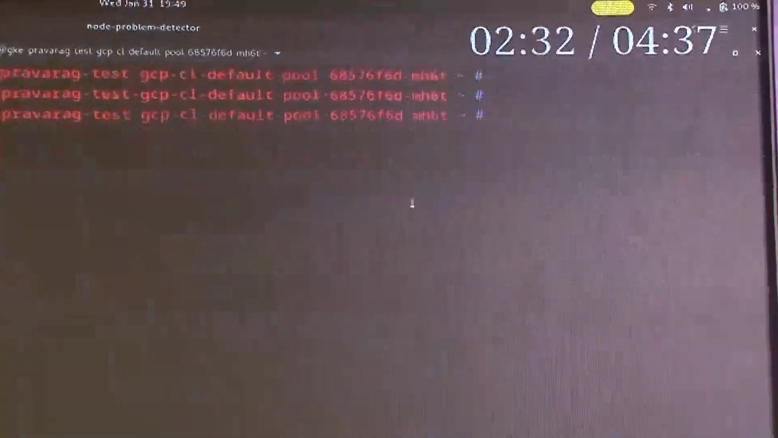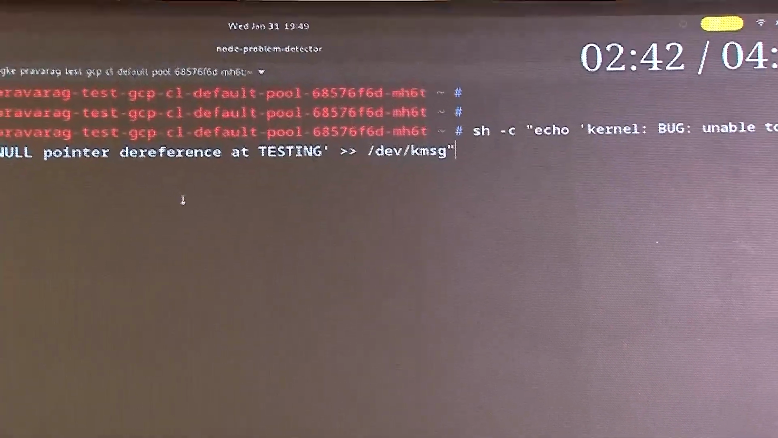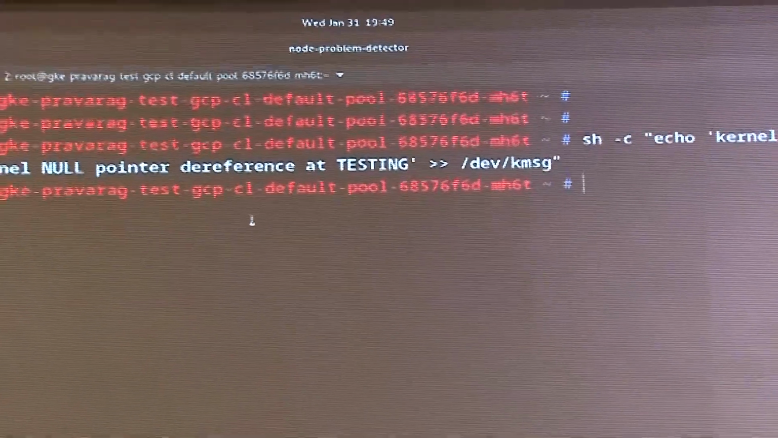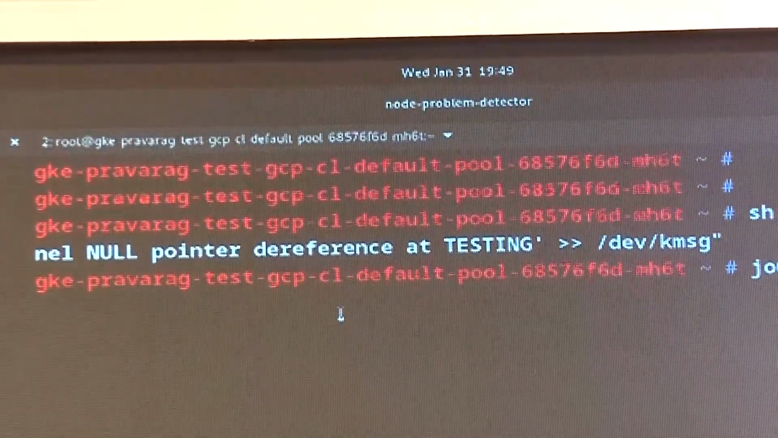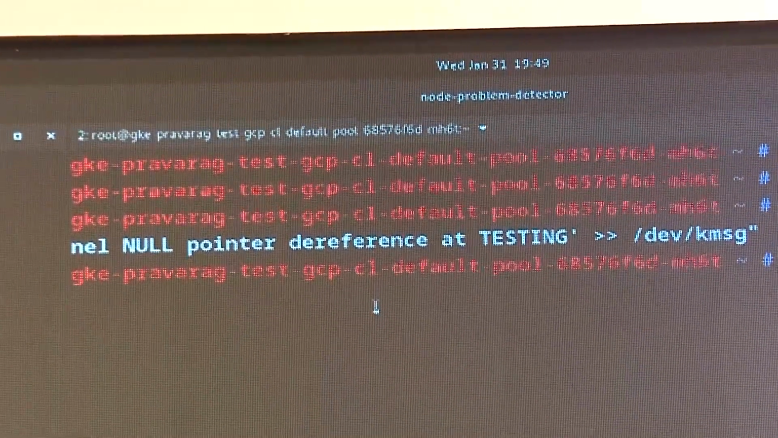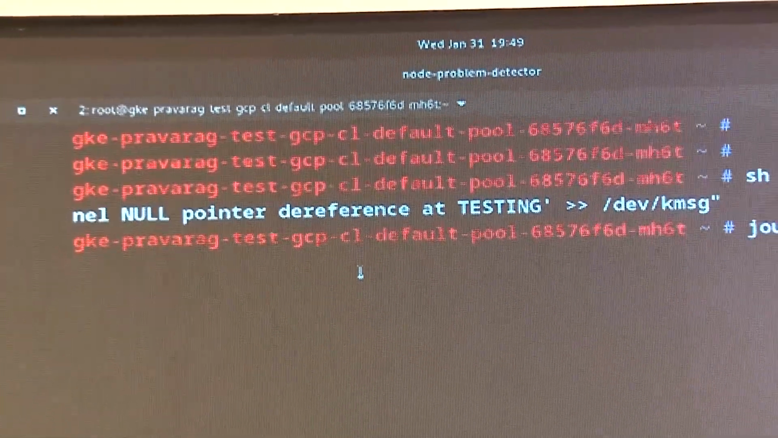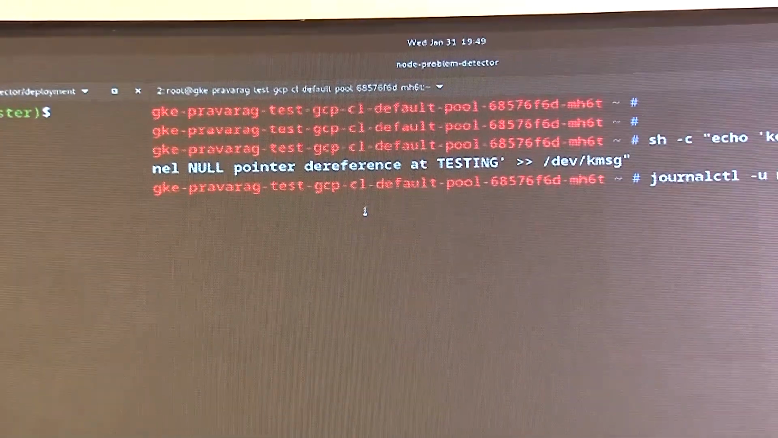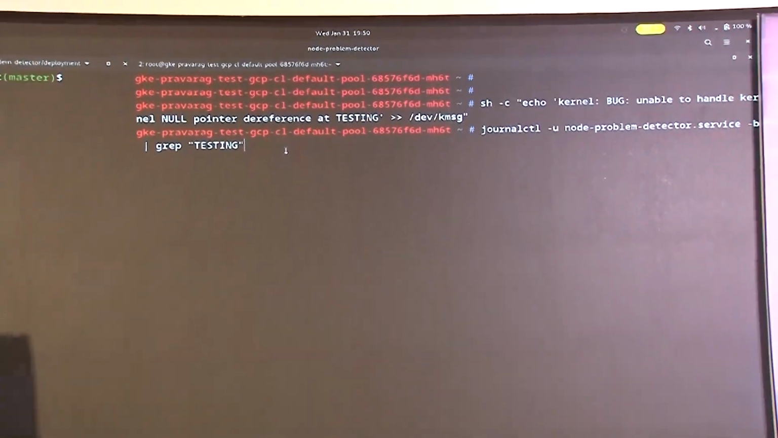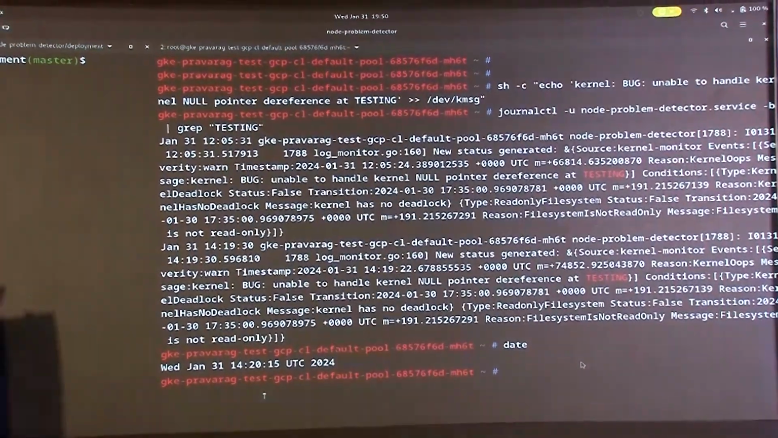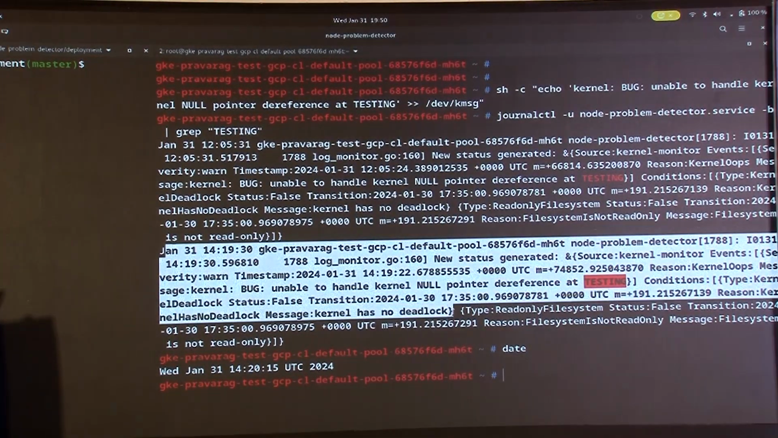So yeah, it is running and active, and now we just quickly issue this error message into kmsg, which is basically a null pointer dereference. So you can see here, we'll just match it with the date and time, and the latest kernel log has been reported,